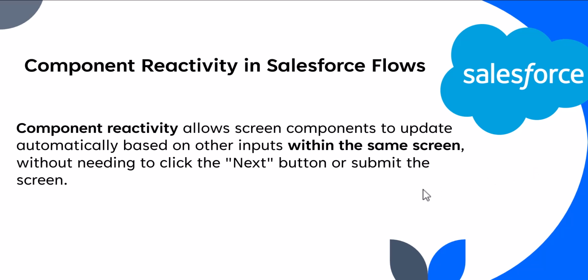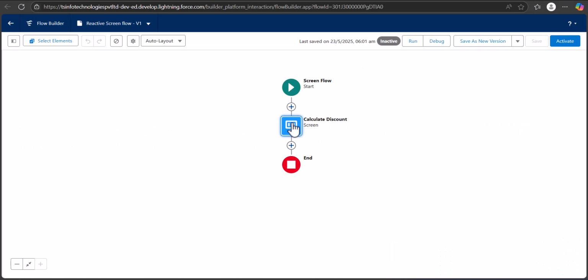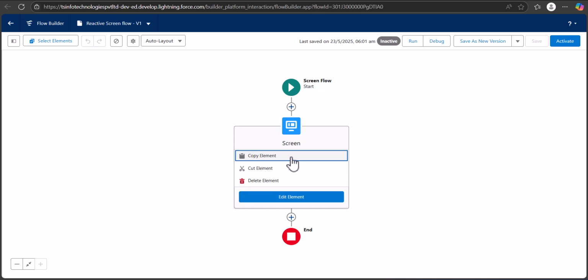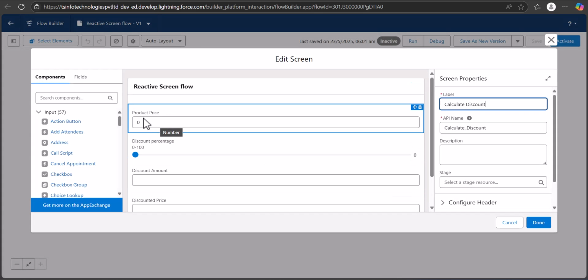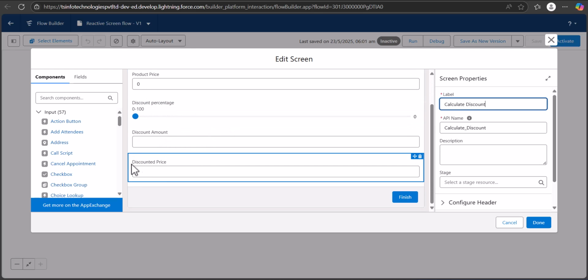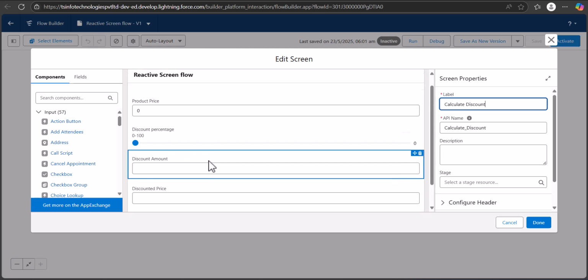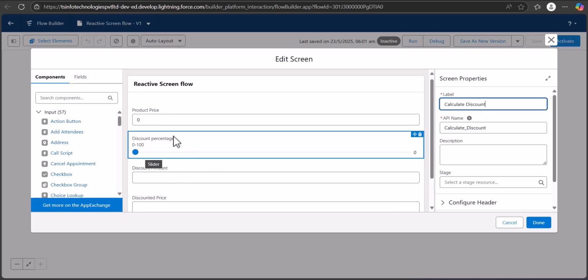So first let me show you a demo screen flow that I have created with enabled reactivity. So this is the screen flow in which I have added the reactivity. So this is the only screen component I have added in this screen flow. First I will show you the structure, like how I have added the fields in this screen component. So here you can see there are three number fields: product price, discount amount, and the discounted price. And one more field is there, that is the slider component, with a range from 1